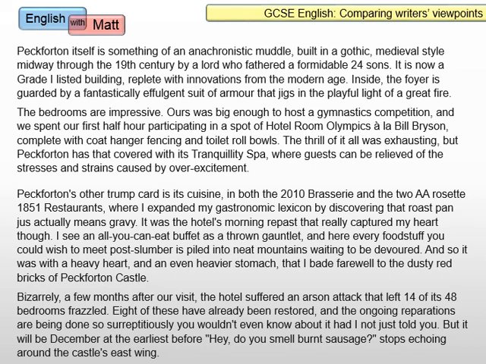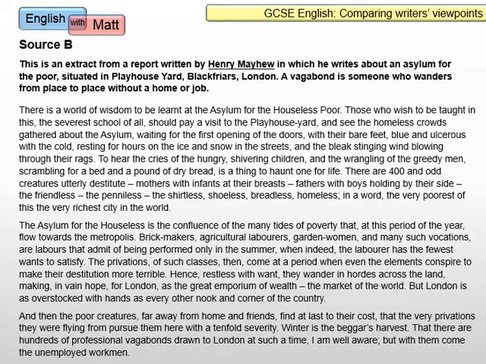with source B. And source B, as I've stated, is written by a chap called Henry Mayhew, quite a prominent Victorian writer, and he's writing about an asylum for the poor situated in London. And a vagabond is someone who wanders from place to place without a home or job. Again, if you are joining us from the language question or the summary question, then this again will be familiar